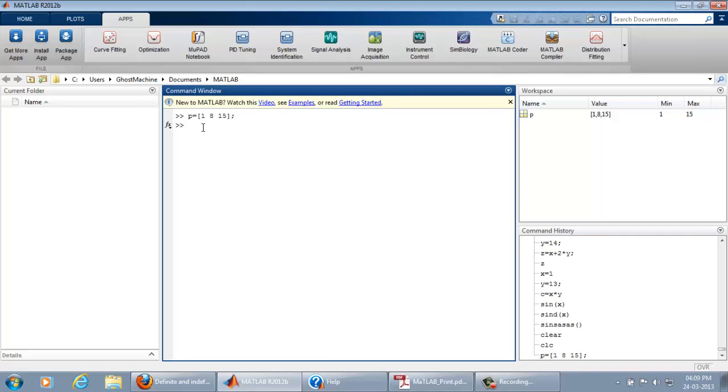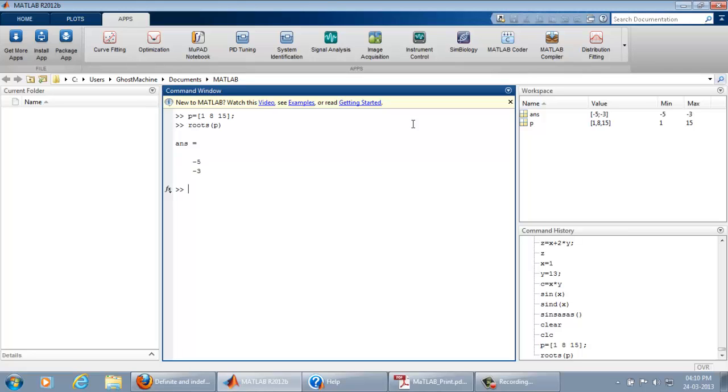And now how to calculate the roots of that particular polynomial. It's so simple, so time saving. You just give the command roots of p, and here is the answer. -5 and -3 are the roots.